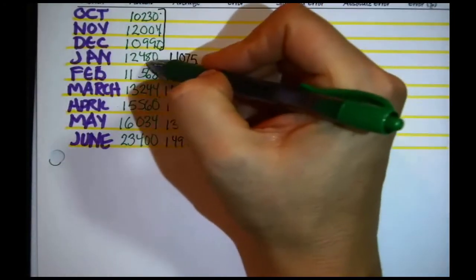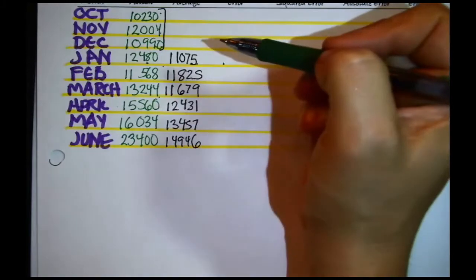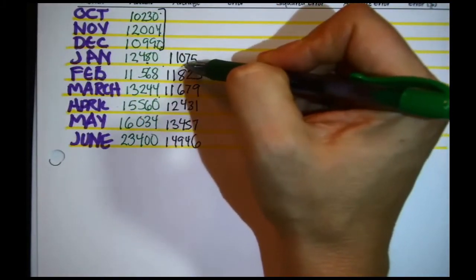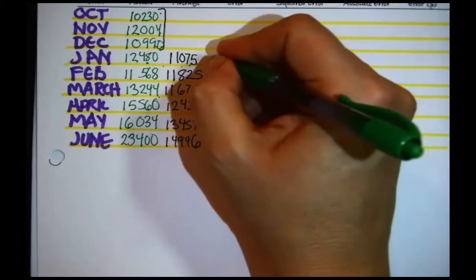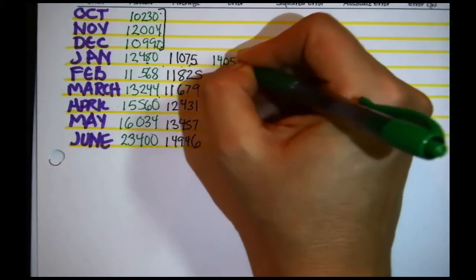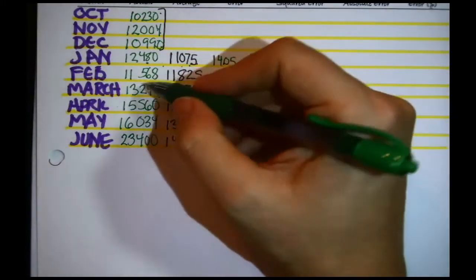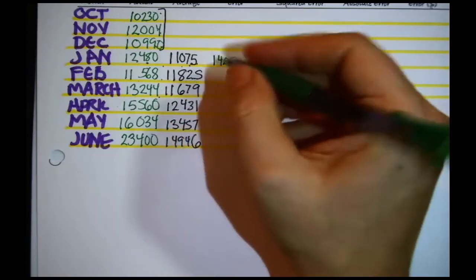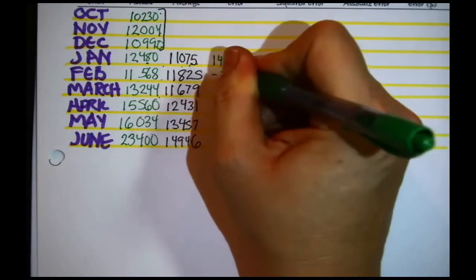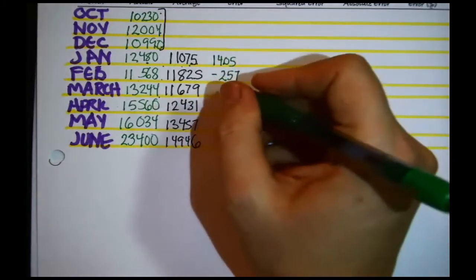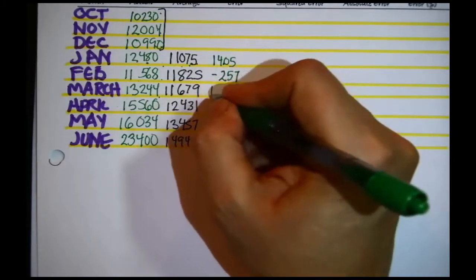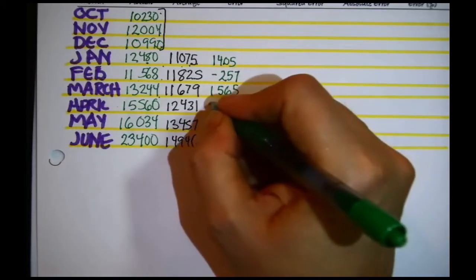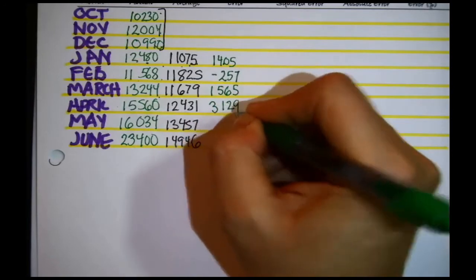Here is the actual, right? Here is the forecast. So the error in January is 12,480 minus 11,075. On my calculator, I get an error of 1,405. So I'm just filling it in. In February, 11,568 minus 11,825 tips over into the negative, a negative 257. I get an error in March of 1,565, an error in April of 3,129,